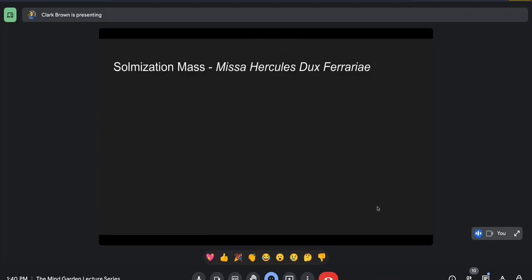Soggetto Cavato means carved subject, and so you take a subject of a piece of music, in this case, and use the words to encode a message into the melody of the piece of music. So our friend Homeboy, who is just going to be Homeboy because I don't like trying to say his name, did this with the Missa Hercules Dux Ferrariae, whatever, Latin.